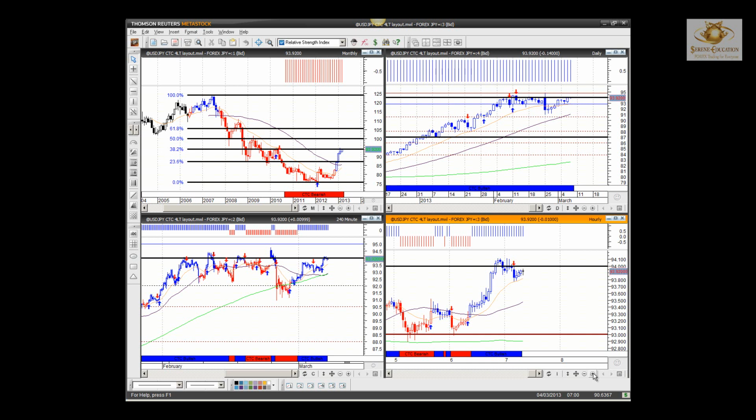Prices are trading into major support and resistance levels on most pairs. What we would like to see over the next couple of days is a directional change. We'd like to see that as traders. We want to see price now choosing a direction. If it's trading into major support and resistance, we want to see either a break out of that and a continuation from where it's come from, or we want to see a change, a pullback. And if we get a nice pullback, then it's likely to be a further opportunity for us to get into trades on the other side of the trade. So very, very important.